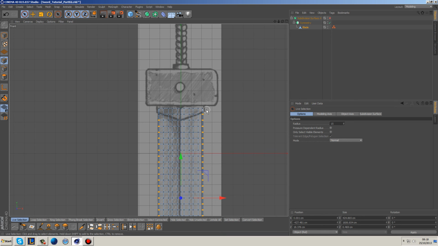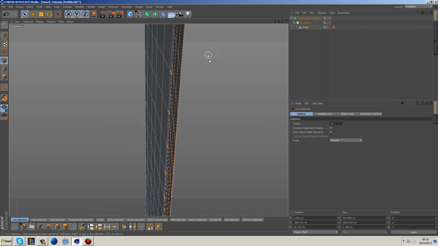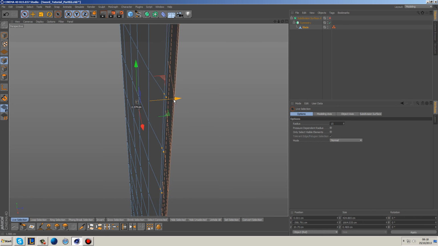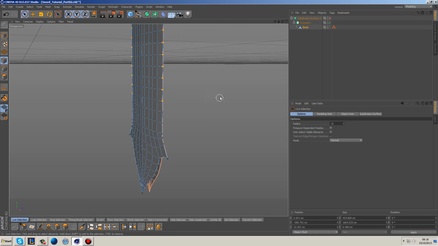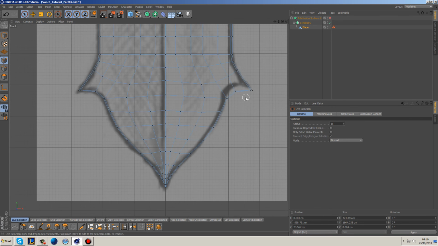And we've got a few more. And then we can just grab these and find the axis tool, which is all the way up there. And then we can just drag these in together. That's fine. And then what we can do is we can go down to the front as well, and we can select all these